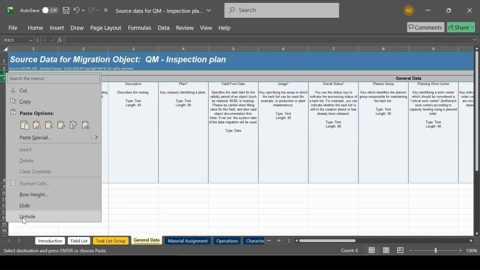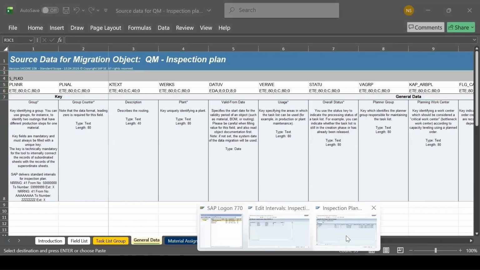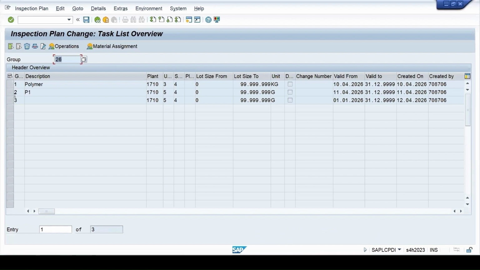If I click on unhide, then PLKO is the table where these fields are maintained, like the group and the group counter and the plant and valid from date. Let's again go to the plan. So if I select say this only, third one, and go to the header level,